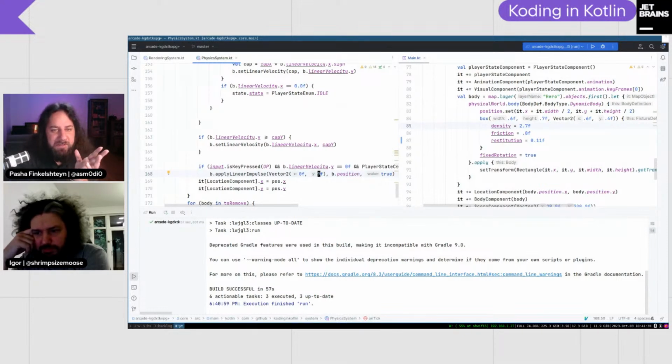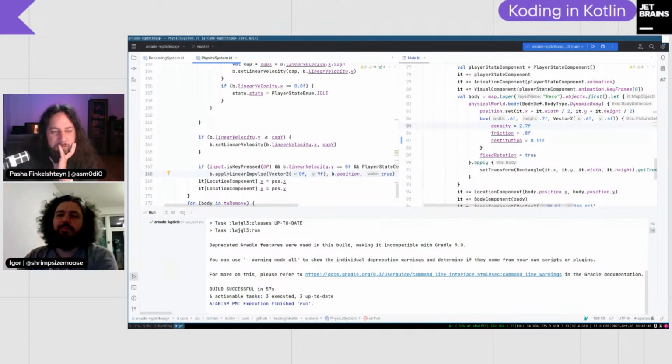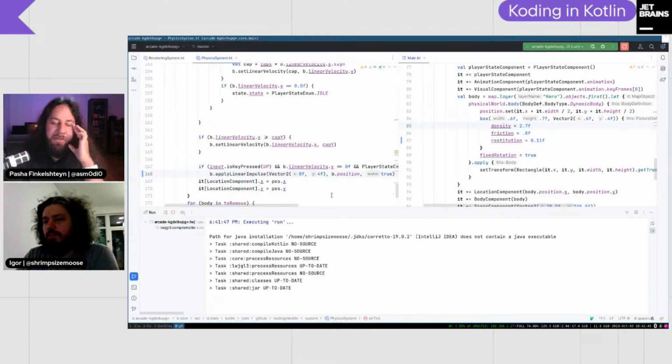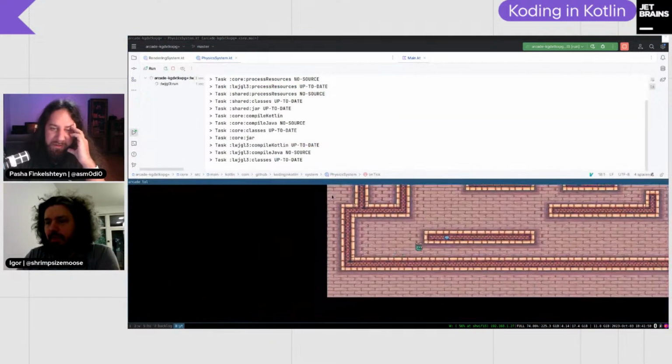So first of all, jumps are significantly more powerful than runs. I'm not sure if it's the correct way to do it. But probably you should revert the density back.